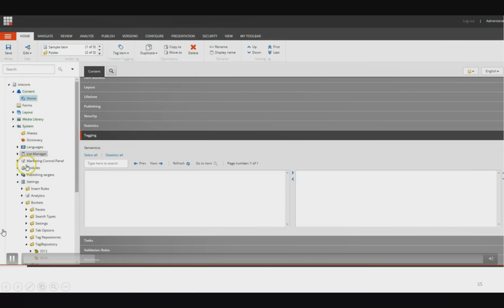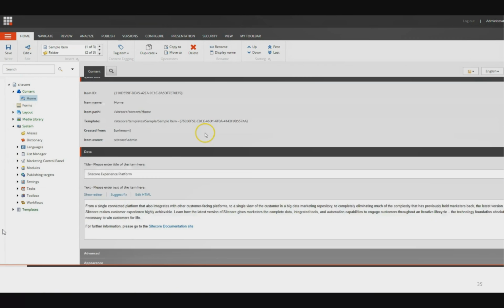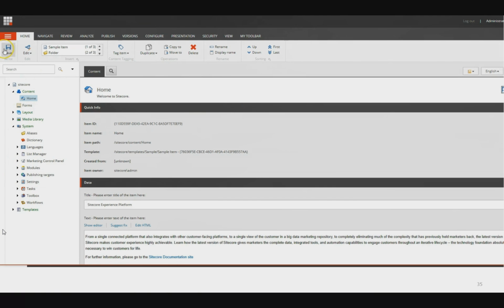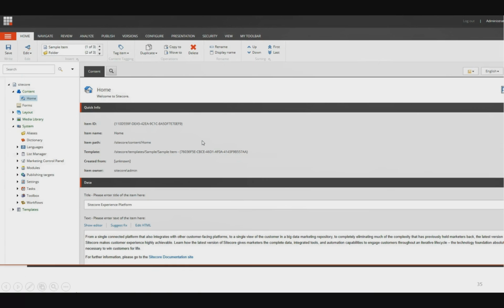Now let's switch into Sitecore Content Editor, where you will see your standard home page. On the home page, if I click Save, there's a new item here, which, let me just pause for a second, when I click, it is going to start tagging the page.